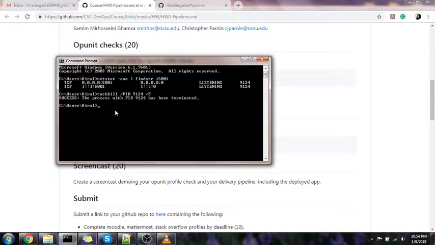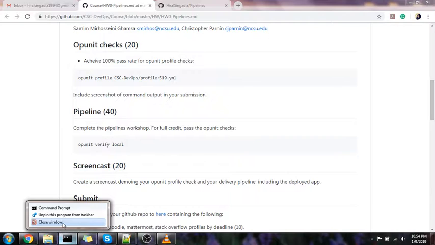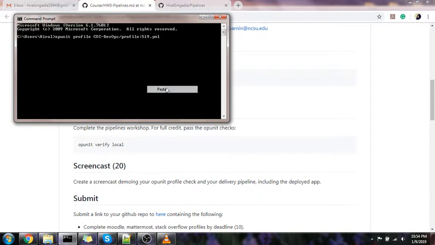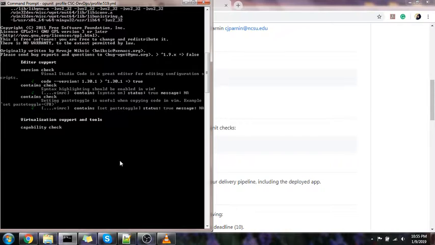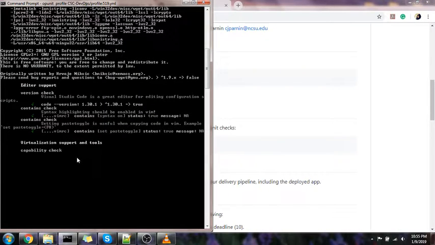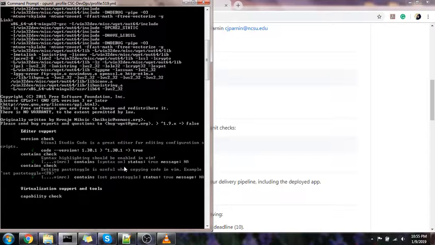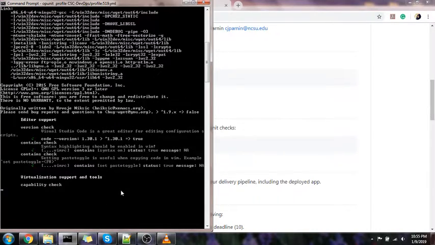So I'll open a new command prompt and run this command. So this is the profile check which is going on,